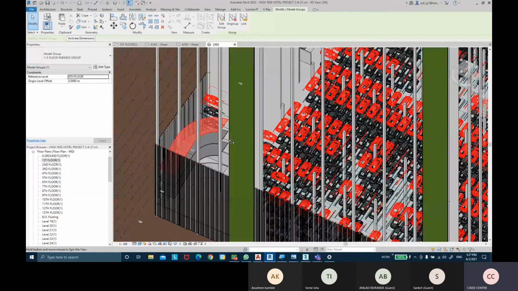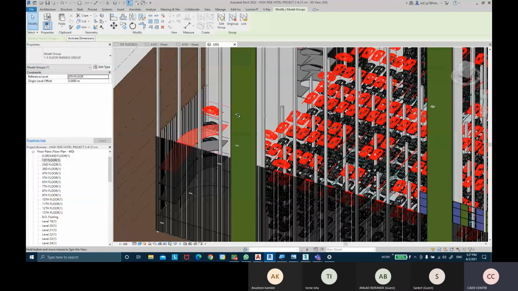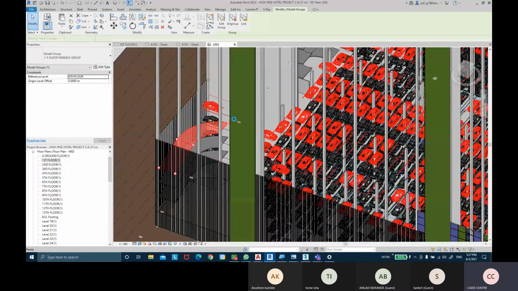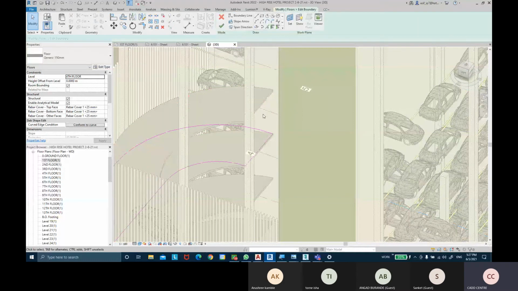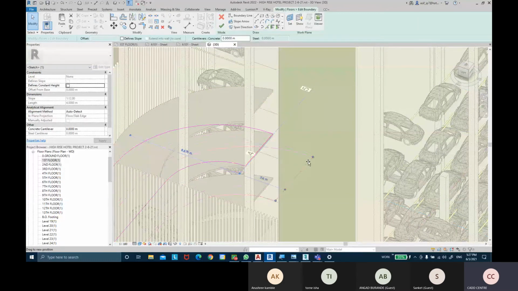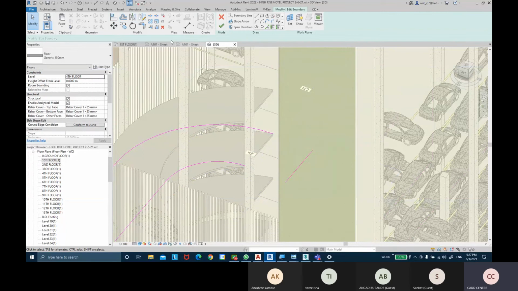Maybe that floor element gets deleted, but if I change parameters, like maybe if I stretch this floor boundary, randomly I'm just stretching it.